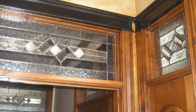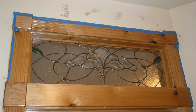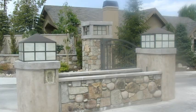And here's a list, and I'm going to scroll a picture of what I'm talking about as I make this list for you. So think about these things. A hall or closet door, side lights, transoms, bathroom cabinet, a room divider, lamps, other lighting fixtures, a picture or mirror frames,